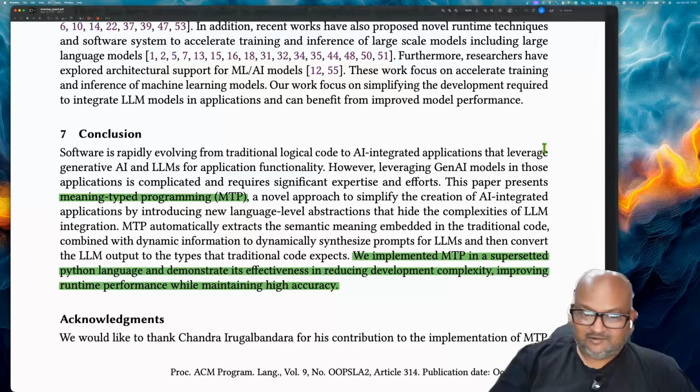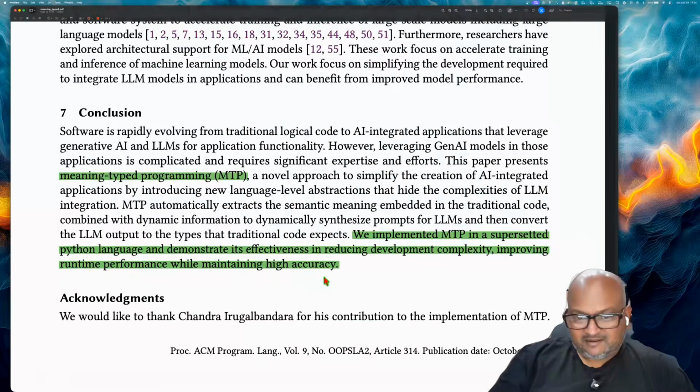Now, one question that is still not clear in my mind, and if any of the authors happen to watch this, I'd love a comment explaining it, is why you need a full new language and runtime to do this. Now, they might have other research goals with the Jac language, and that's fine. But at least for what's described in this paper, I think you could do all of this with a decorator and the runtime reflection that Python already has. So I'm not sure if I'm missing something, but I think you could do all of this without creating a new language.